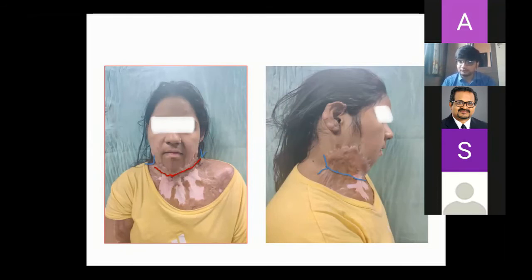What is the present classification you follow? Because people use different classifications, they think all of them are synonymous. I vaguely remember those days, initially the Achar classification was propounded, then some other classification came, then it was fine-tuned by ONA's classification. So different classifications exist. So what would you like to put in this case?